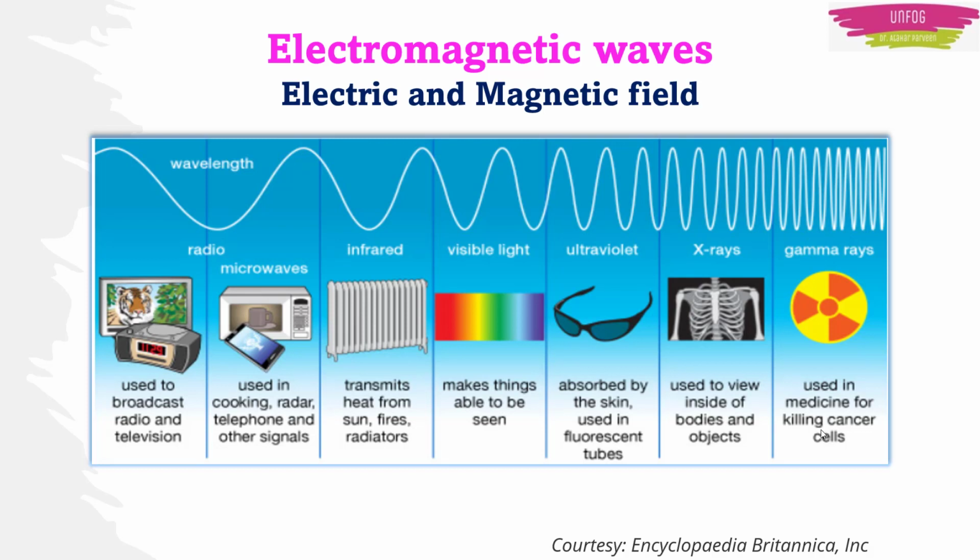Electromagnetic waves are a form of energy waves that have both an electric and magnetic field. They are classified according to their frequency. The different types of waves have different uses and functions in our everyday lives. Radio waves, infrared rays, visible light, ultraviolet rays, X-rays and gamma rays are all types of electromagnetic radiation. Radio waves have the longest wavelength and gamma rays have the shortest wavelength. And the most important of these is visible light, which enables us to see.